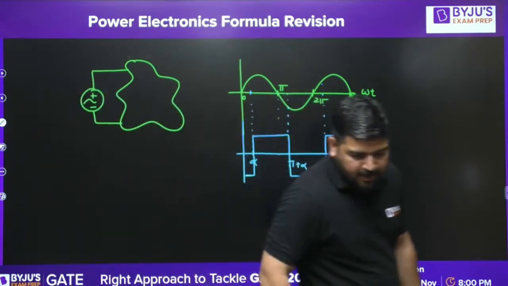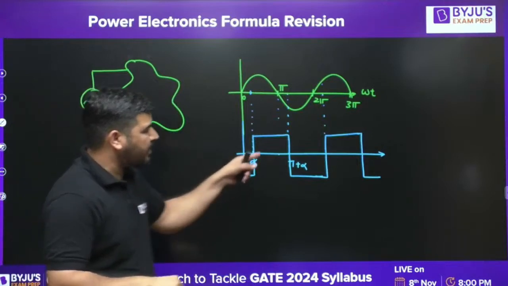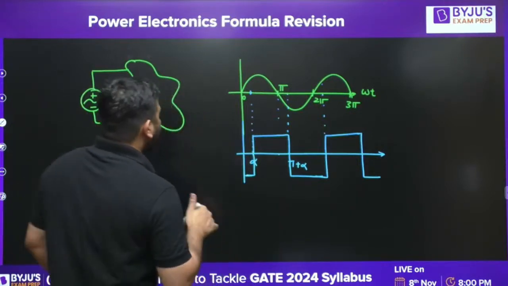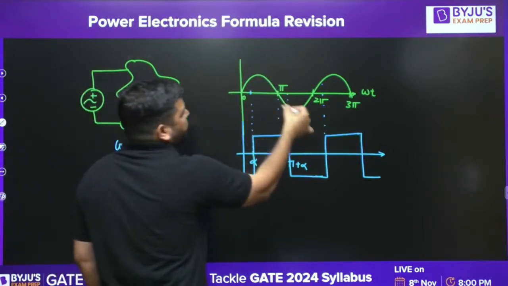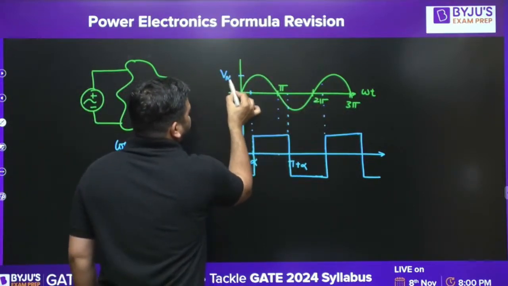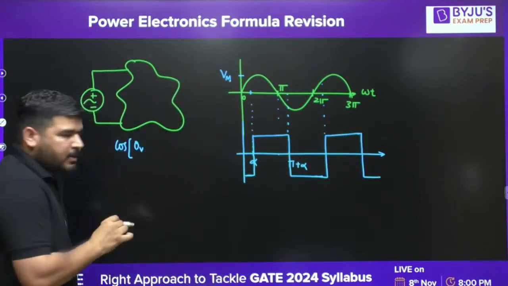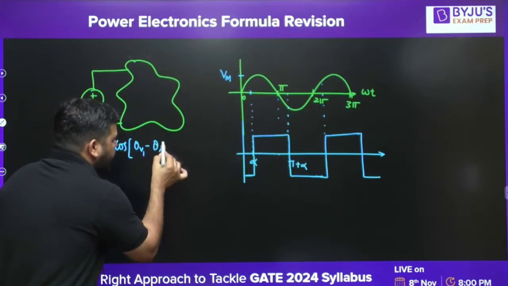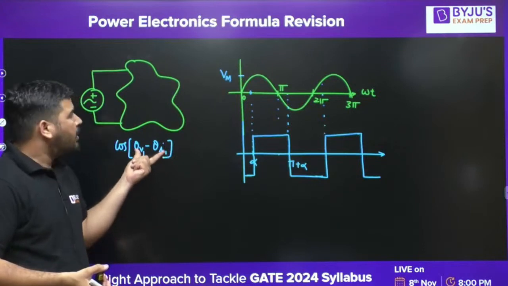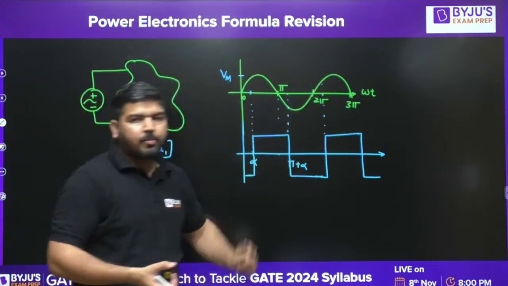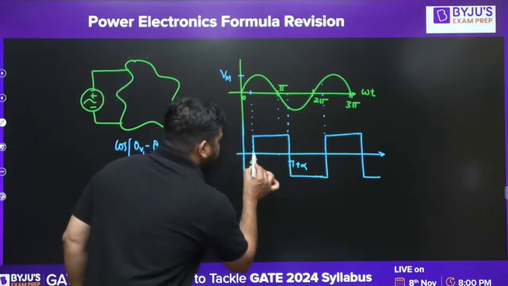Now, what is the displacement power factor? Here we can calculate it. It's very easy. Since the voltage source is a pure sine wave and the current has harmonics, the displacement power factor is cosine of theta V1 minus theta I1. It means it is the cosine of the angle difference of the fundamental component of the voltage and the fundamental component of the current. Now, if you draw the fundamental component of the current,